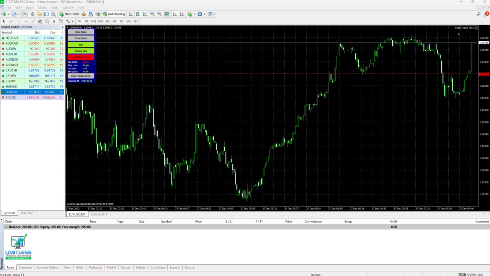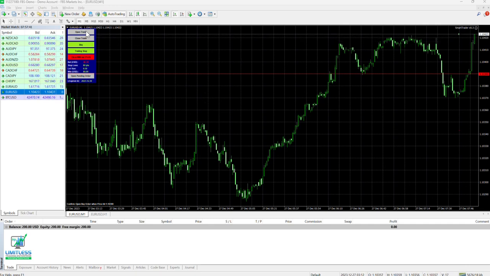Today I'm going to show you a few features from our new Smart Trader EA. Smart Trader is a semi-auto expert advisor to help traders perform manual trading using trading best practices such as a favorable risk-reward ratio. I will show you a few features here so that you will understand how it works. Basically, on my screen you can see I already have my Smart Trader